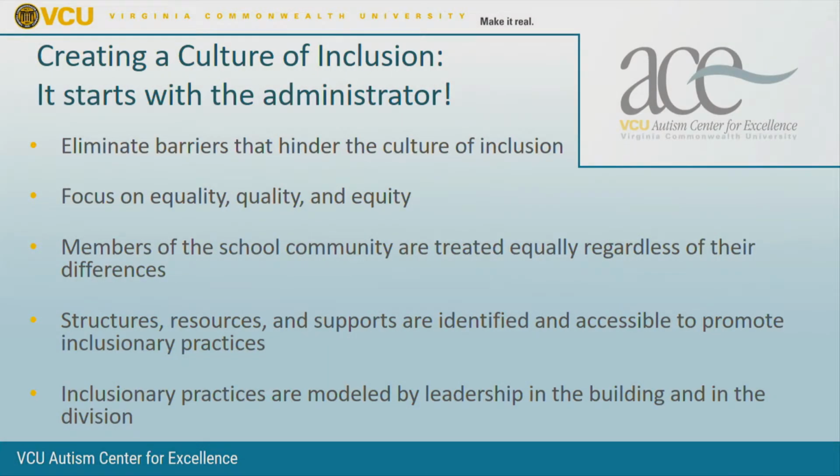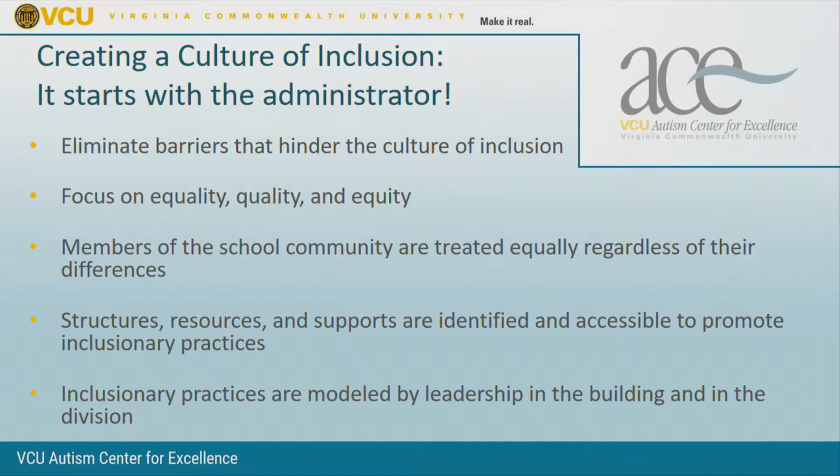The second variable on this slide focuses on three different components. We want to make sure that the services and the supports that we're providing to all students are through equality, quality, and equity. So as we unpack each one of these words, let's look at equality. We want to make sure that in our school building, the culture is to include all students when it comes to assemblies, field trips, after-school programs, those types of things. We want to make sure our students have the same access as any other student.